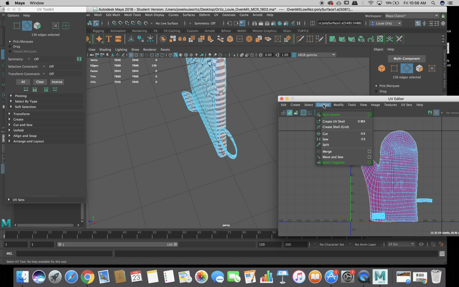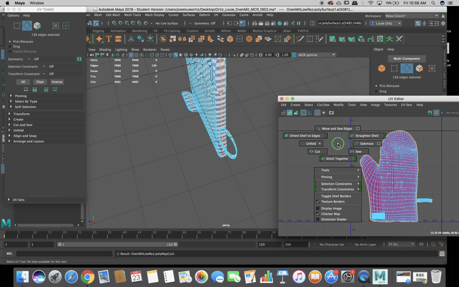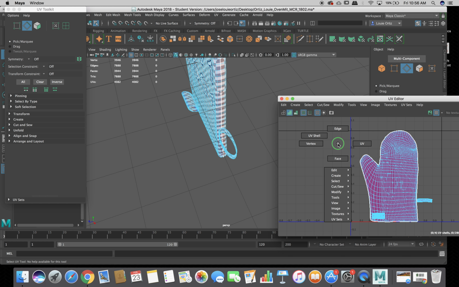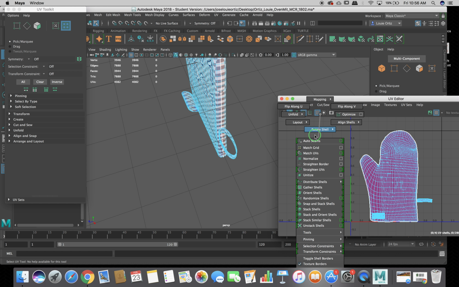So I have to cut it and then hit shift right click and go to, or wasn't there a step before? I have to go to UV shell, right? No, yeah, you have to cut it first. Oh yeah, I cut it just now. Then yes, you have to go to UV shell. Is that right click, UV shell? Then I hit shift right click and go to